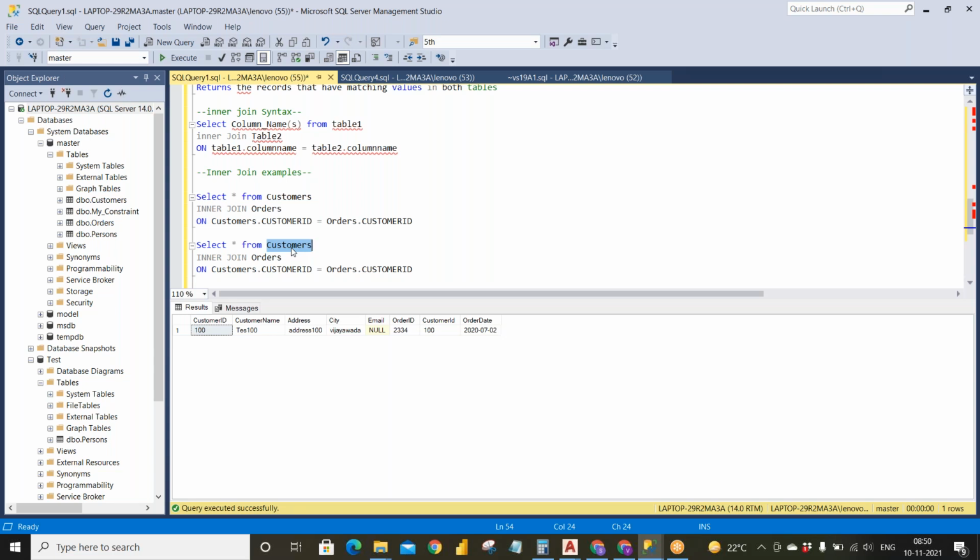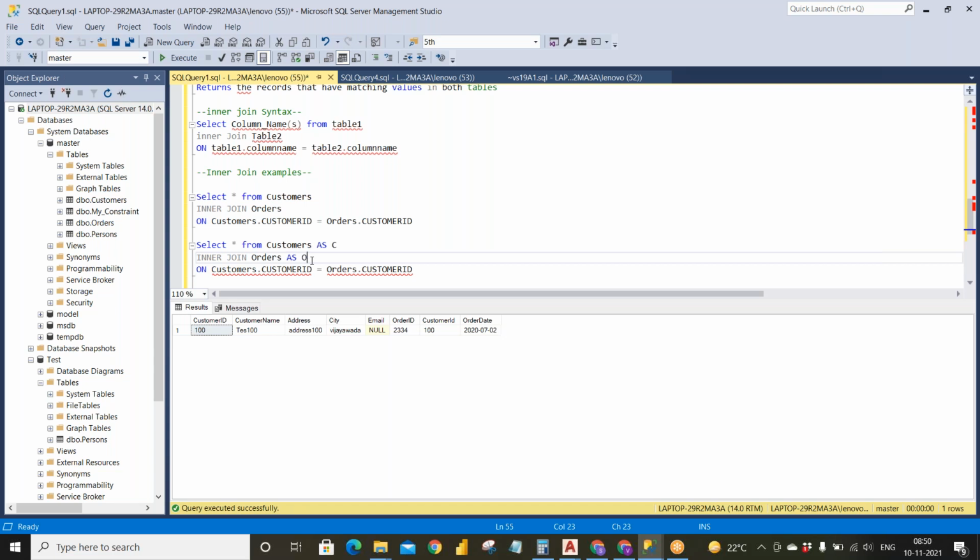The table name can be very lengthy, and every time giving the table name is a very tedious task for you. So at that time you will give simple alias names for your tables. Now you have told this SQL query that customers is C and orders is O, to simplify your query.